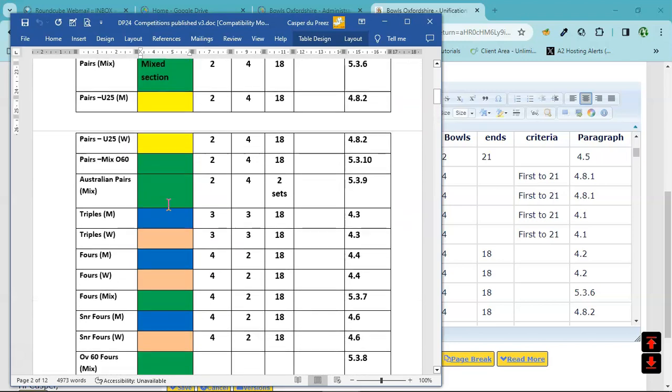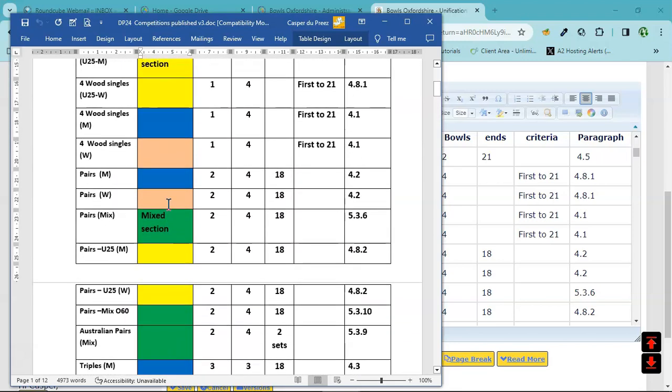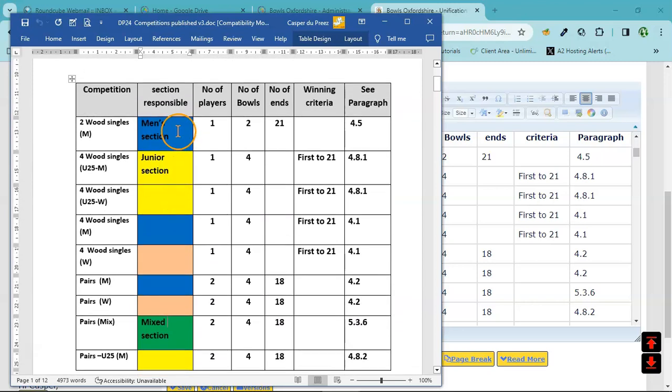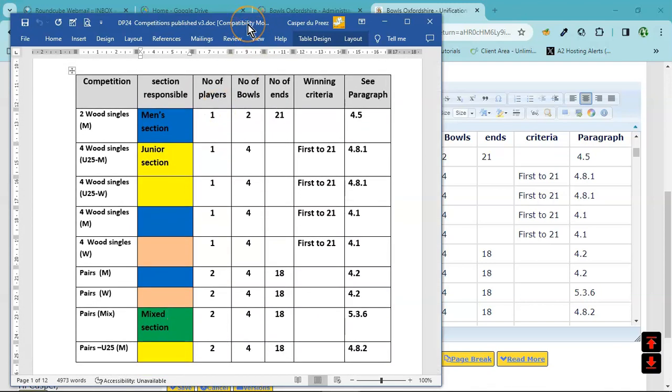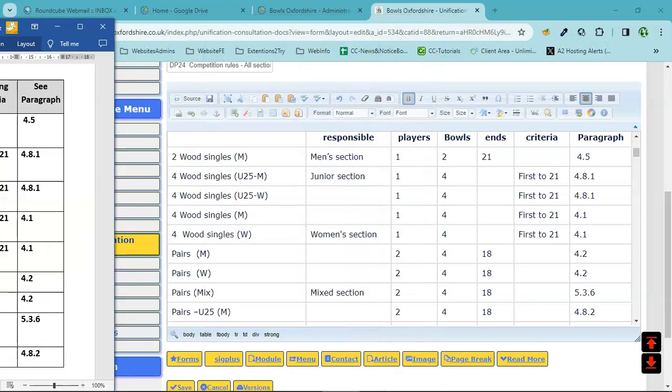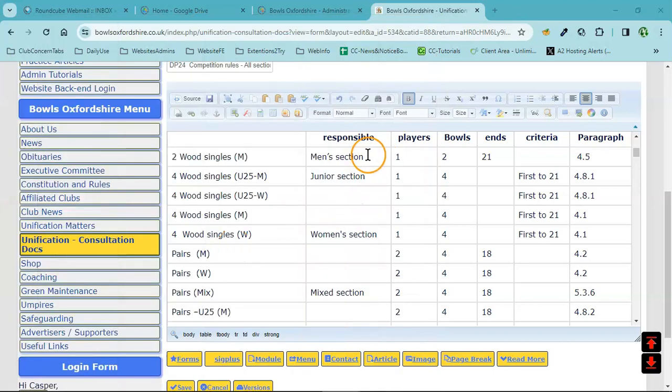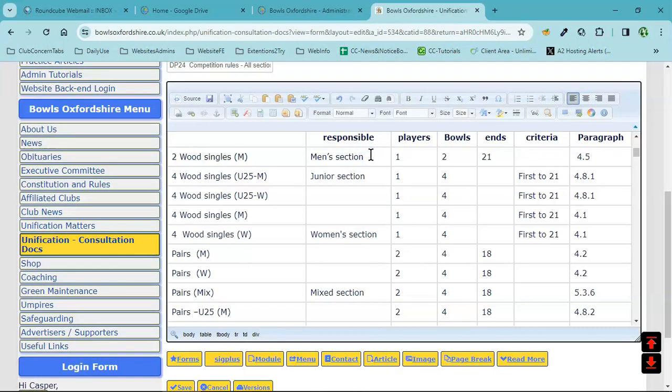So the colors, of course, I've made another video to show how we can put the colors into a single cell, which is what is going to have to happen here with this document. So let us try this. The first one, the men's section, must be blue. Right, so I click in that cell for men's section,